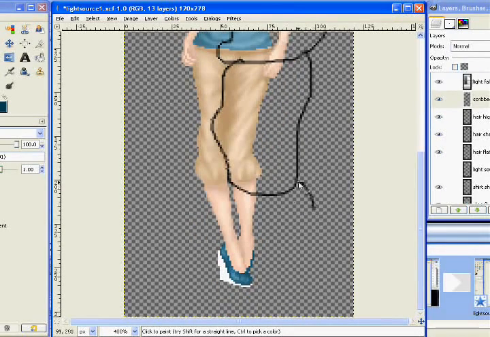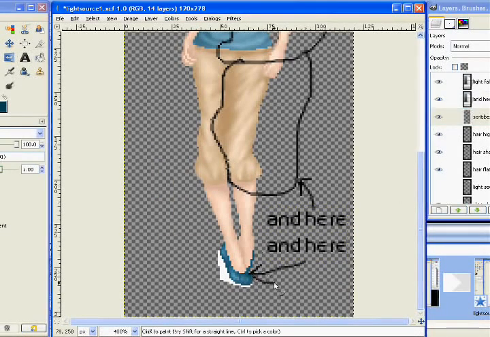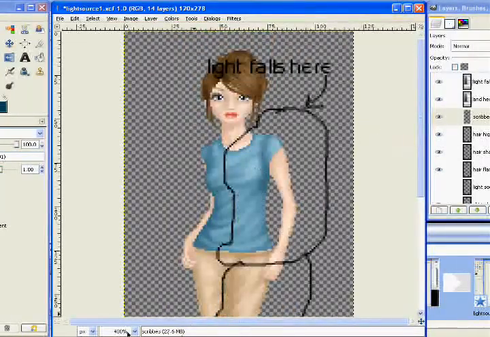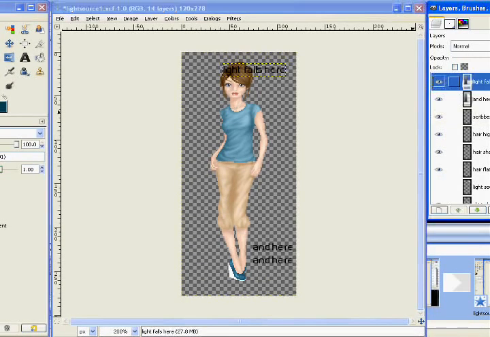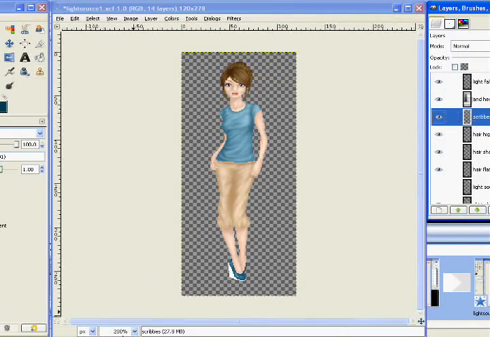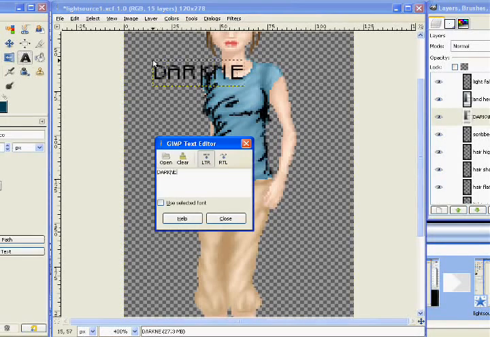You want to use the brightest on the closest to the light source and the darkest on the farthest away from the light source. So I'm selecting the parts where you'd want to use the brightest highlight colors on the shoes, the hair, and the clothing as well. And it kind of shows where the light's going to fall. And obviously, now I'm showing you where the dark parts are, where the light is not going to shine, at least according to our light source, which is top right, as I had indicated throughout the rest of the tutorial. So this is the kind of places where there's an arm over the shirt you can't see,